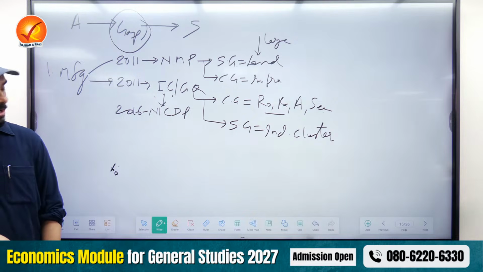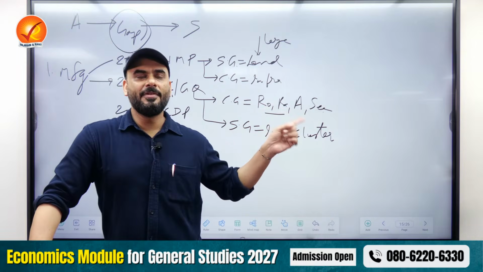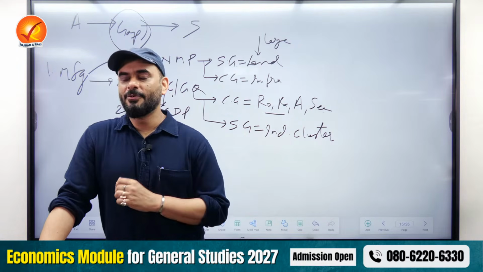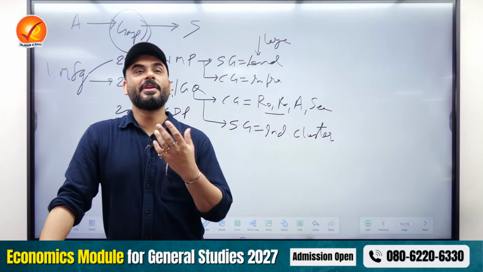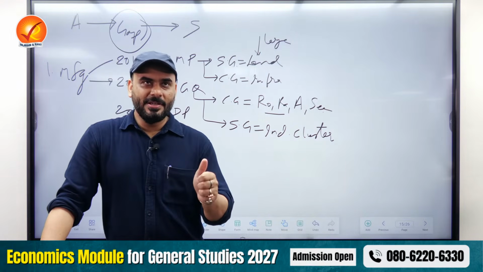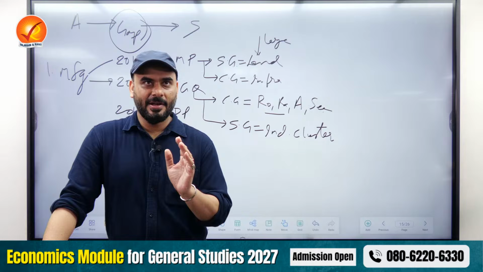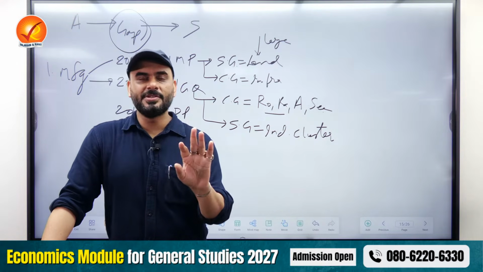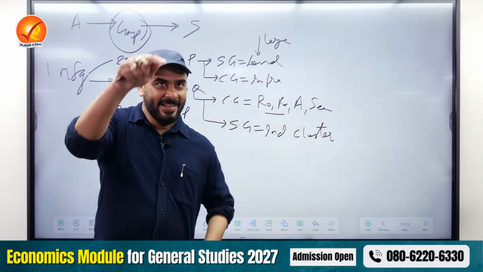Now, the government of India has realized that wherever road, railway, airport, seaport is there, only in those places can clusters be created, which means if the development of road, railway, airport, seaport is not very good in an area, they'll keep waiting for the cluster. So if we go to northeast of India, Bihar, Bengal, Jharkhand, Odisha, many parts of India where this basic infrastructure is taking slightly more time, those states will never get the benefit of the industries. So what has the government done in this year's budget?